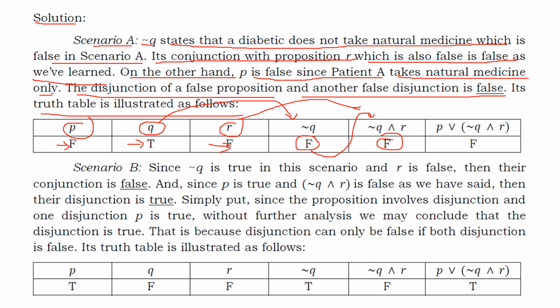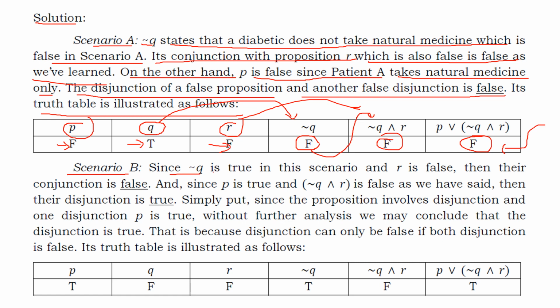Now, when we apply the disjunction between the P proposition, which is also false, and another false proposition, the resulting value is still false. Why? Because if both propositions are false statements, the disjunction of these two propositions is automatically false. That's why our resulting value in the last column of the first table is false. Now, for scenario B,